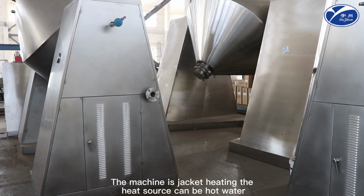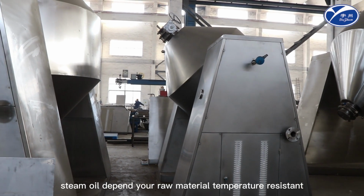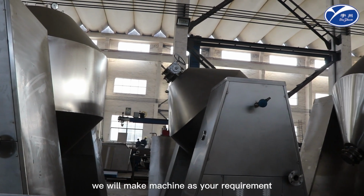The machine is jacket heating the heat source. Can be hot, water, steam, oil, depends your raw material temperature resistance. If your raw material is organic solution, please tell us before ordering. We will make